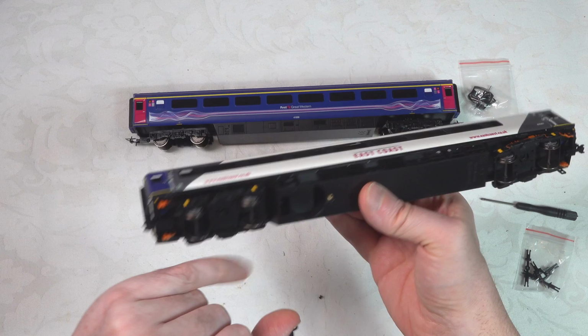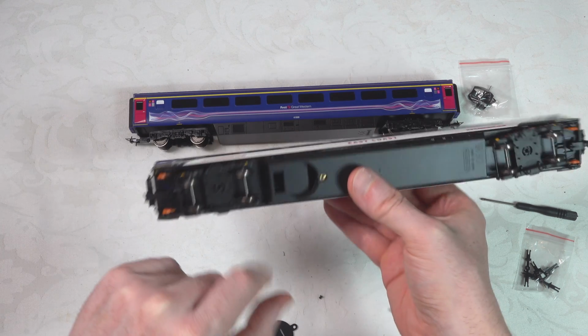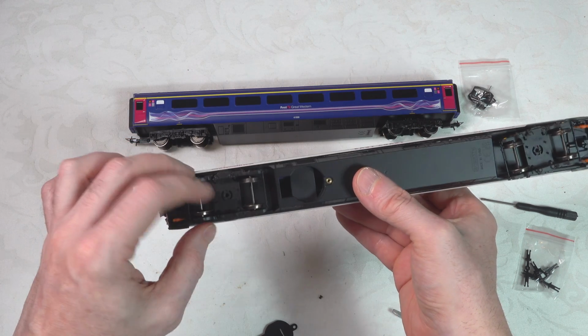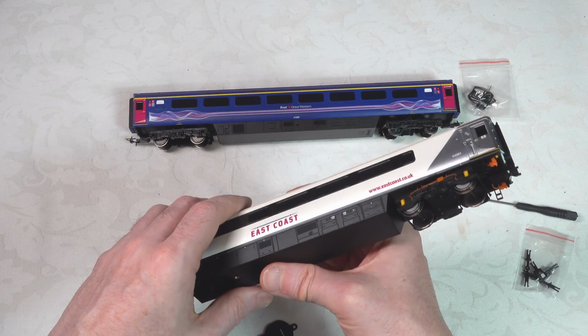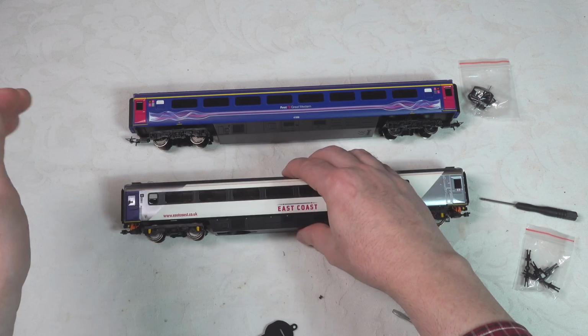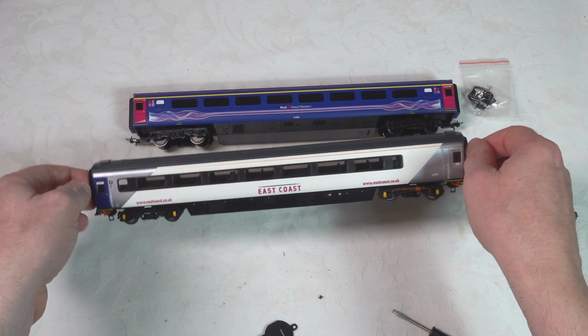Whereas here now, these aren't going to work. You're going to have to swap these guys out. You're going to have to put in your own axles, or you'll have to use a suitable way of tapping off those wheels to get the power into the coach if you want to power your lighting that way. So I just think they haven't provisioned for the kind of coach lighting that I like,